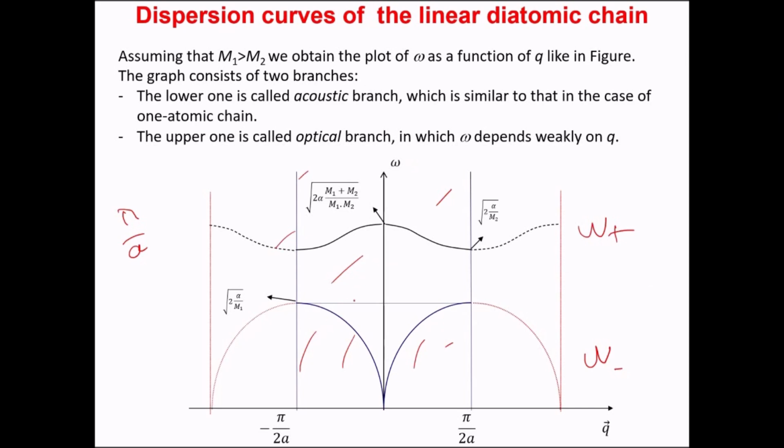We have the first branch, we call it acoustic, and this is the optical branch. And for acoustic, you see that omega strongly depends on Q. It's similar to the diatomic. And for the optical branch, the upper one, it depends on Q, but not very much. And you see that there are some frequencies